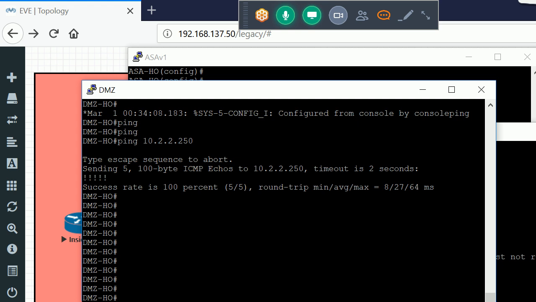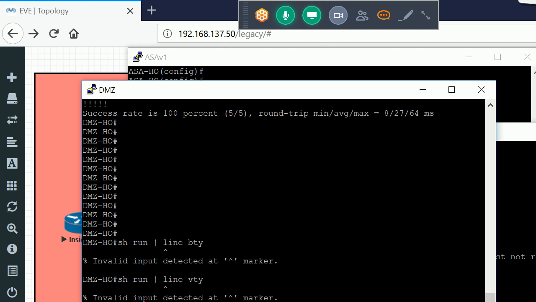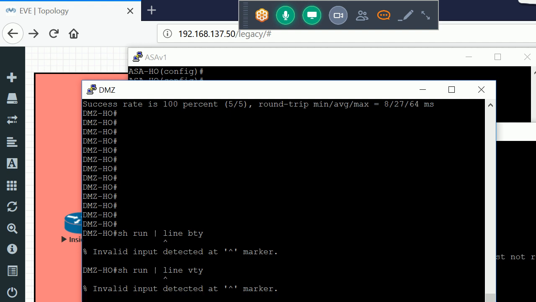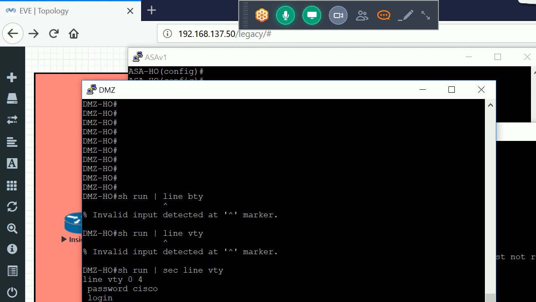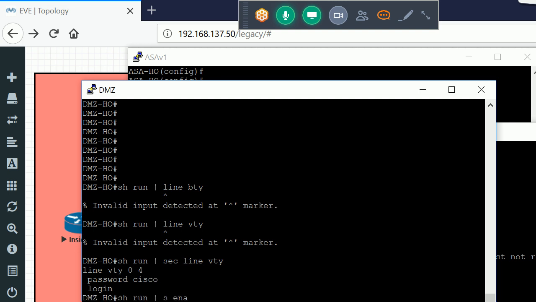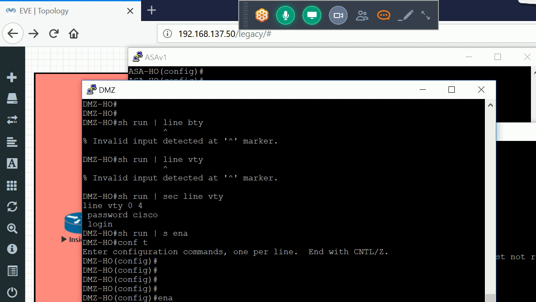Line vty, sorry. I have enabled the telnet service. Enable password, I'll also put cisco.